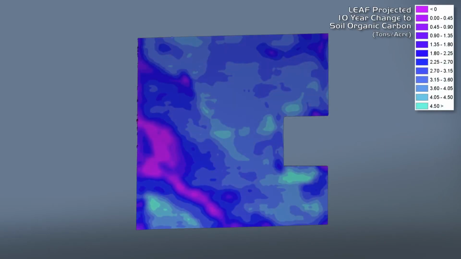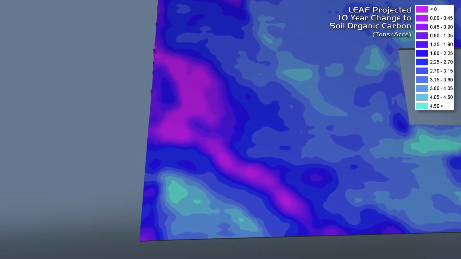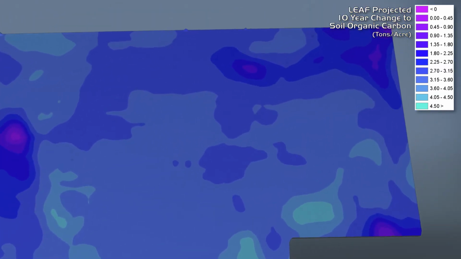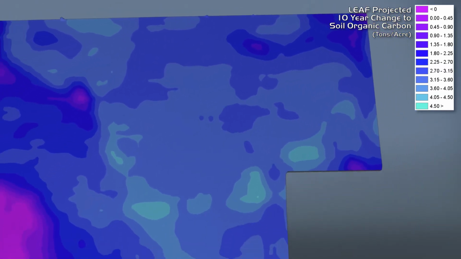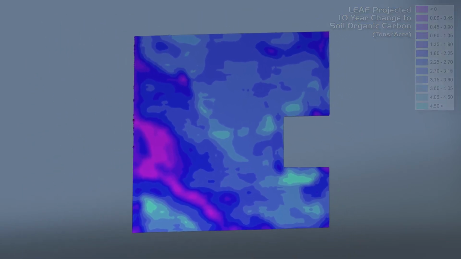Next, from data over the years, we can look at the LEAF-generated 10-year projection of the change in soil organic carbon, which actually signals the productivity level of the soil. Some areas are decreasing significantly, while the lower altitude areas show some increase. The result is that the current management is increasing the variability of the land conditions,